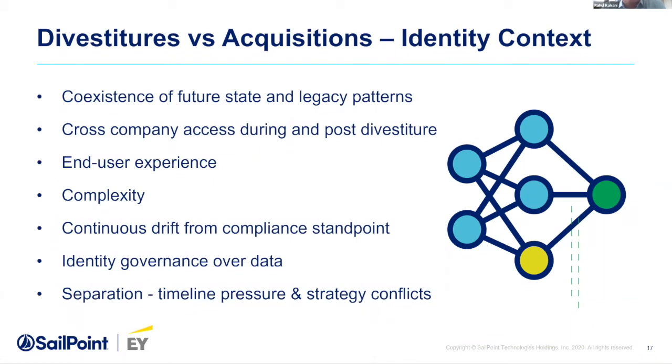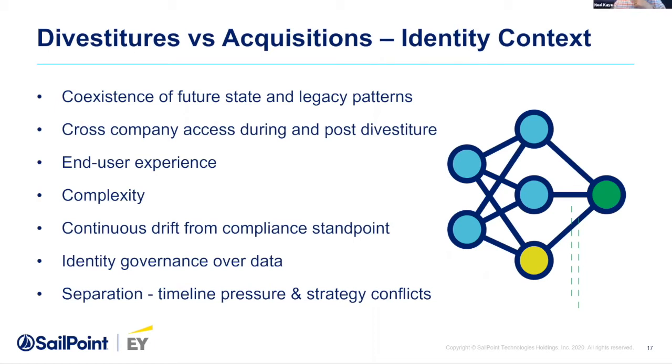In an acquisition, as an example, you will evaluate how you can scale the existing established patterns and broaden the coverage to the newly acquired apps, infra, and users. Versus in a divestiture, you will have to maintain the legacy access patterns and at the same time transform and build new access patterns to meet your TSAs and reverse TSAs. Then cross-company access is really a byproduct of separation. It is how you're going to enable the access for users of both companies to each other's applications, landing zone, not just during the transition, which could be anywhere from 18 months to 36 months, but also